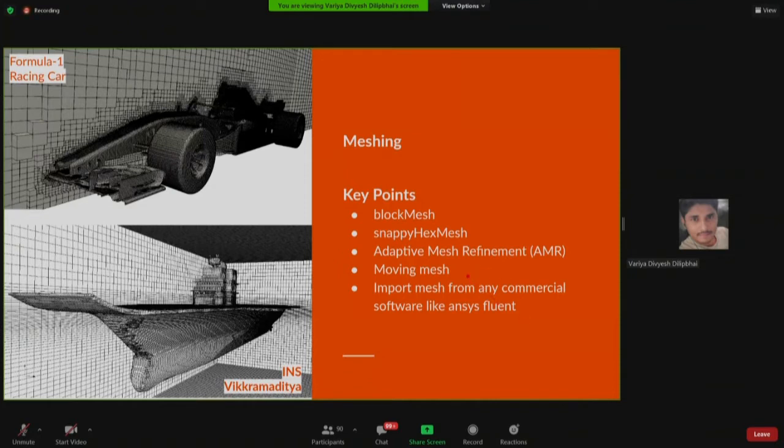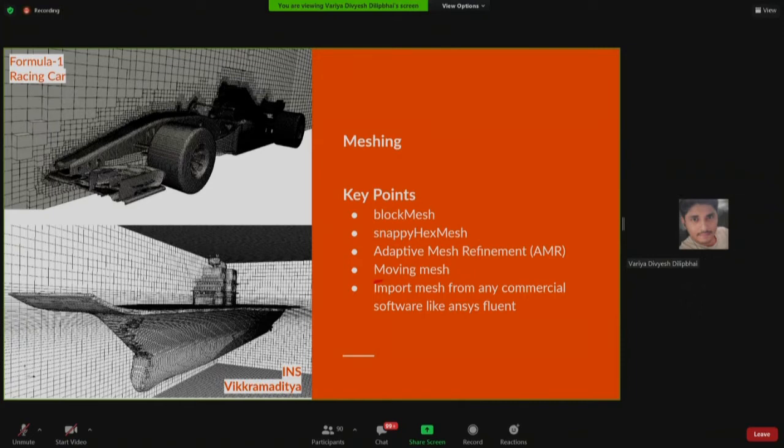There I just want to make a very fine refinement at the surface, at the interface of that bubble. How can I do that? So we have an adaptive mesh refinement facility, which some of you might have heard of from other software or in the CFD concept. That is also possible in OpenFOAM.